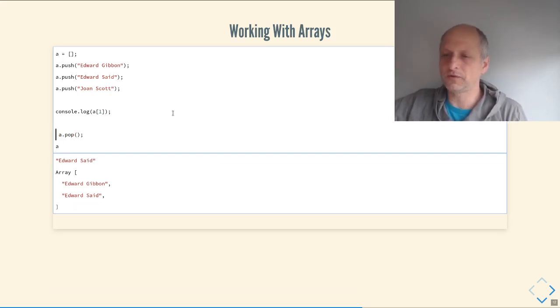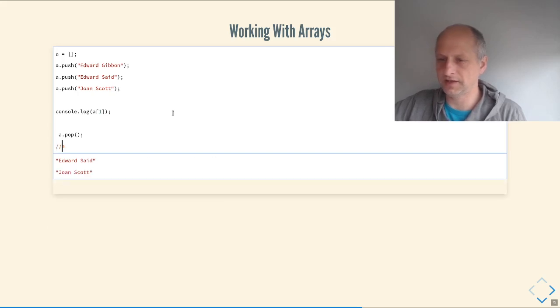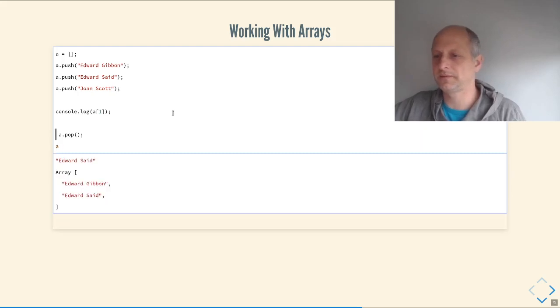We can take something off an array by popping it off the array, and that pops the last item off the array. And it also returns that last item as a return value. And then finally, I wanted to just show you how you access the elements of the array, and